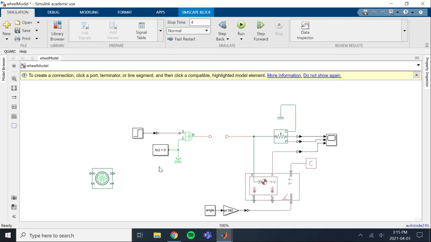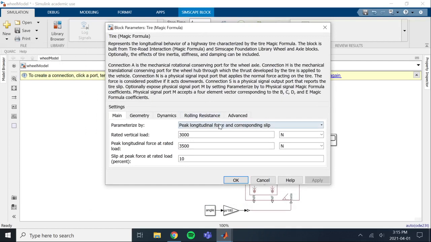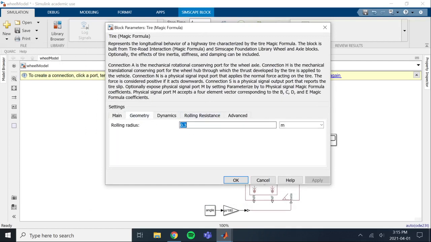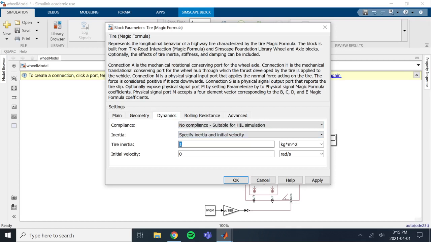So I'm just going to delete this simple tire here, and I'm going to move it into here. So now we have our magic formula tire, and I'm going to go into the parameters for it. So the first thing we're going to want to do is go into geometry. We got the radius set up, so we're going to set this to radius. Then we will go to dynamics. There's no inertia setup. We want to specify the inertia, and this is going to be 0.5 times mass times radius